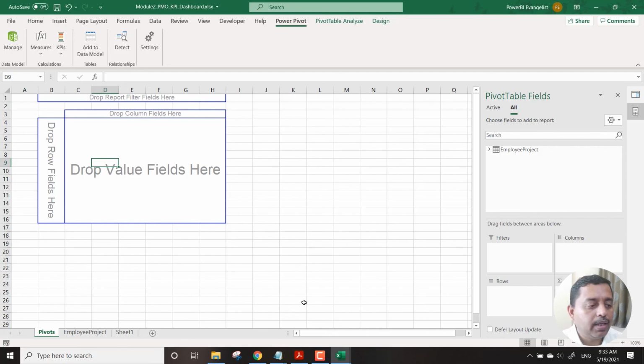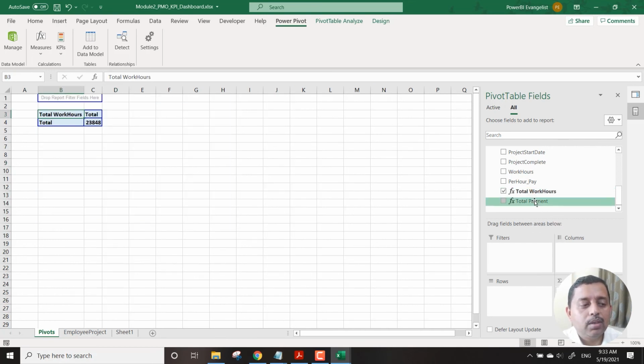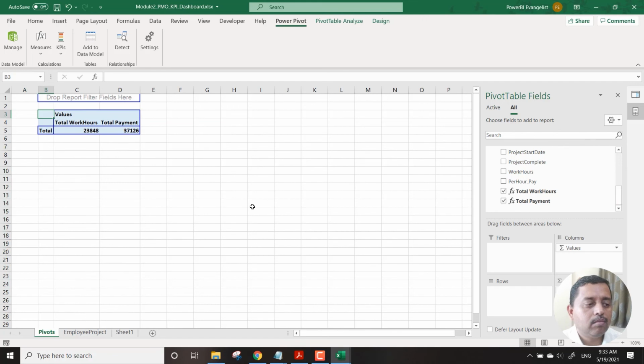So now we see that the data is here and the KPIs are also here. That's the most important thing, the KPIs. So I can say that I want the KPIs, working hours and total payment. So this is the number of hours and this is the total payment. Comes absolutely fine in terms of the pivot.